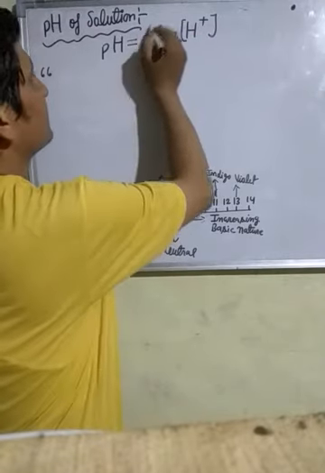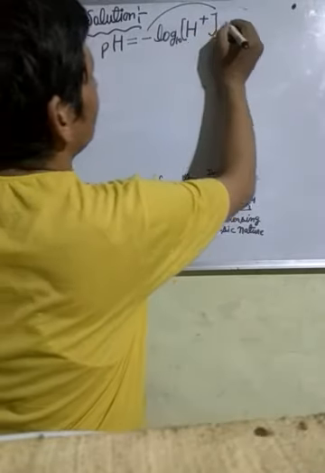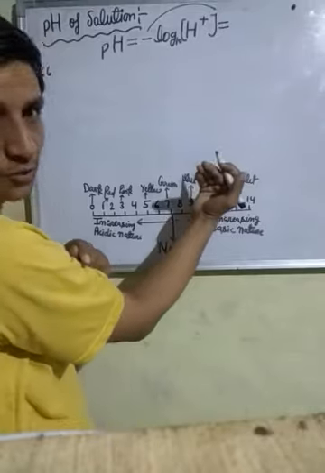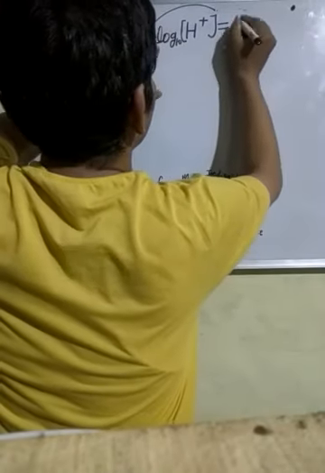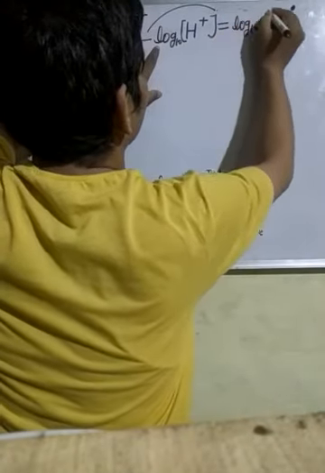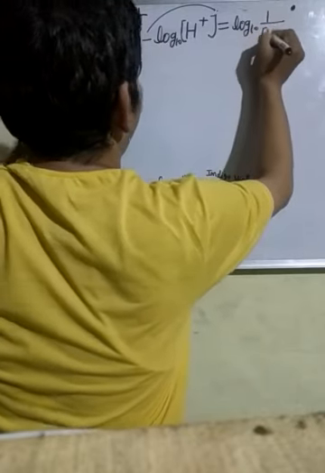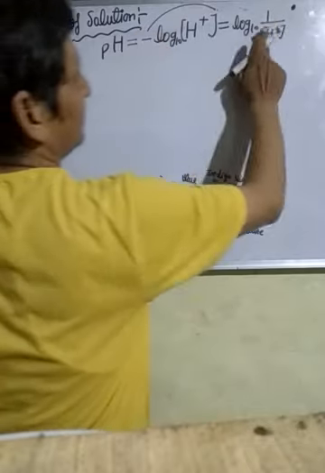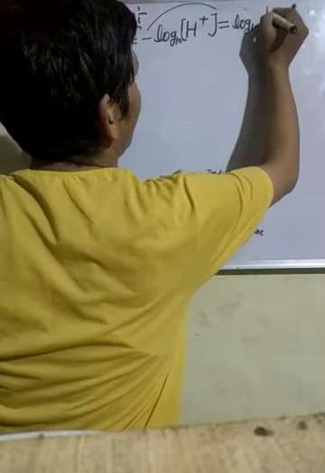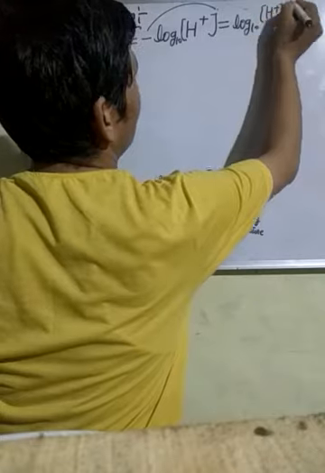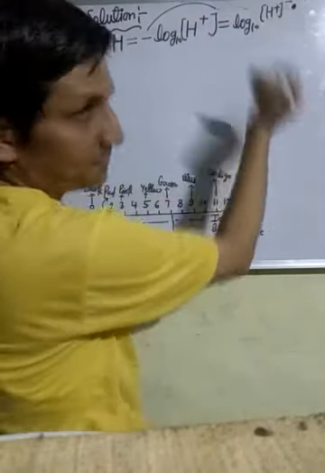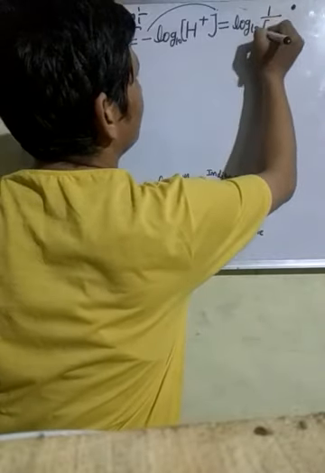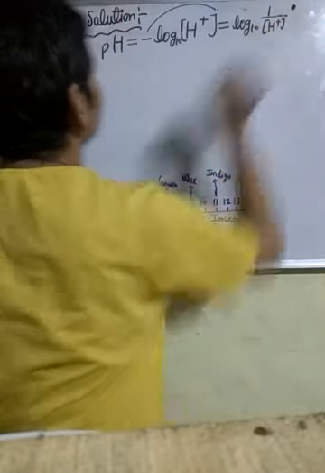If we take this minus sign here, then we get minus 1, and minus 1 coming downward becomes plus 1. So we can write it as log base 10 of 1 upon hydrogen ion concentration. The minus comes here, then we get hydrogen ion concentration to the power minus 1. Now this power minus becomes plus in the downward direction. So we can write it as 1 upon hydrogen ion concentration.